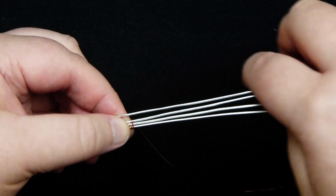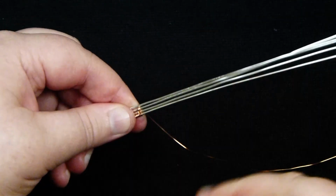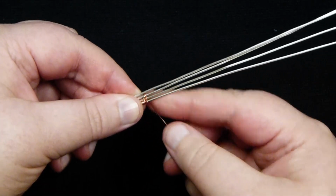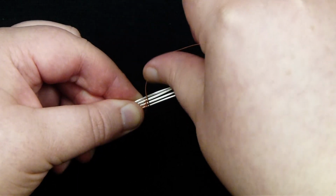I'm going to bring that in, lay it again above the rest of them, just like this. And then the final wrap to incorporate that, before we then have to start going downwards again, is a weaving wire coming down towards the bottom. I need to bring it across the top of all the base wires now,